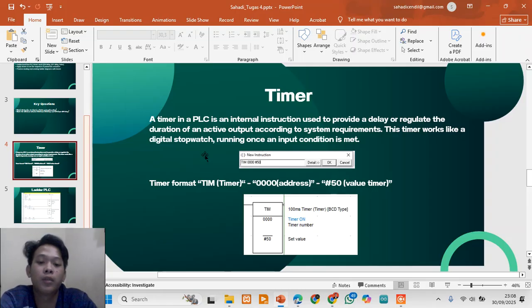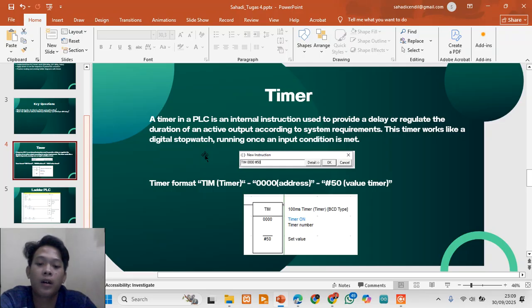As soon as the input condition is true, the timer starts counting. Once it reaches the time we've set, the output turns on.